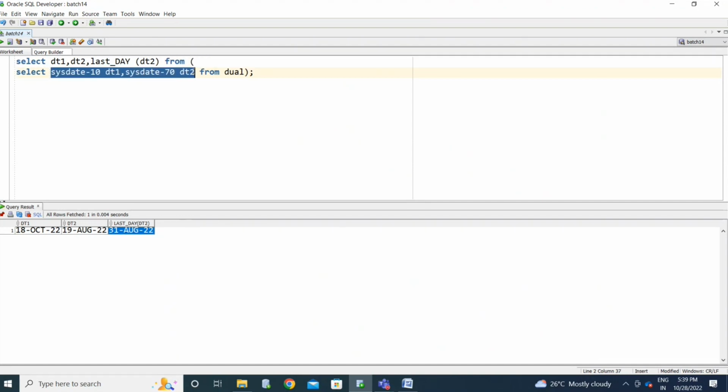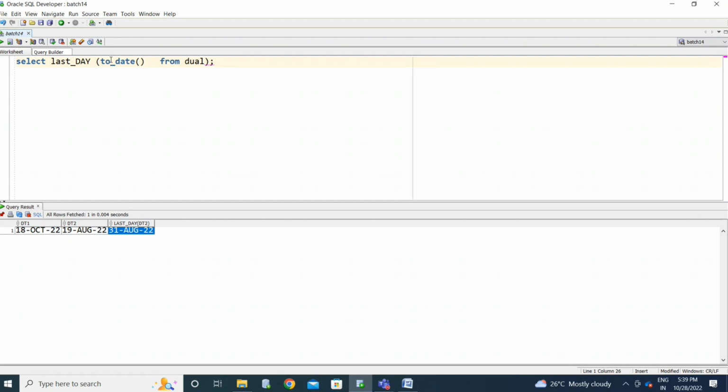Okay, so instead of going with the date values exactly, you can use TO_DATE. TO_DATE is a conversion function. It's a conversion function used to convert from one data type to another.